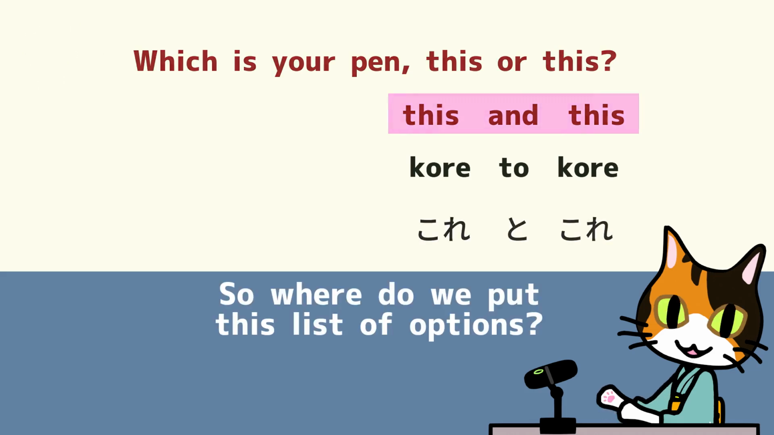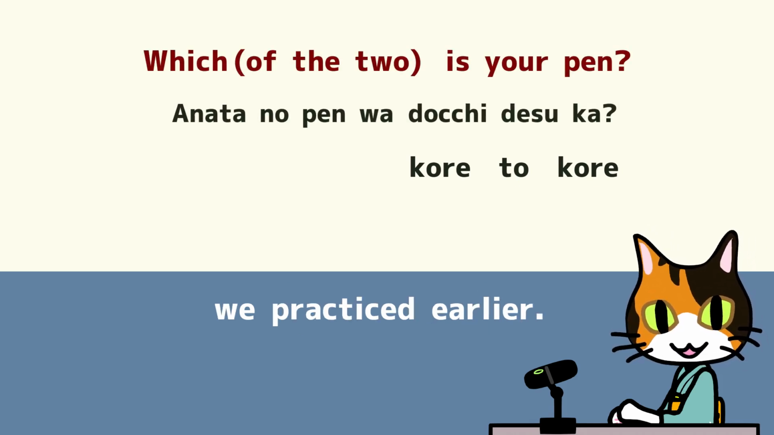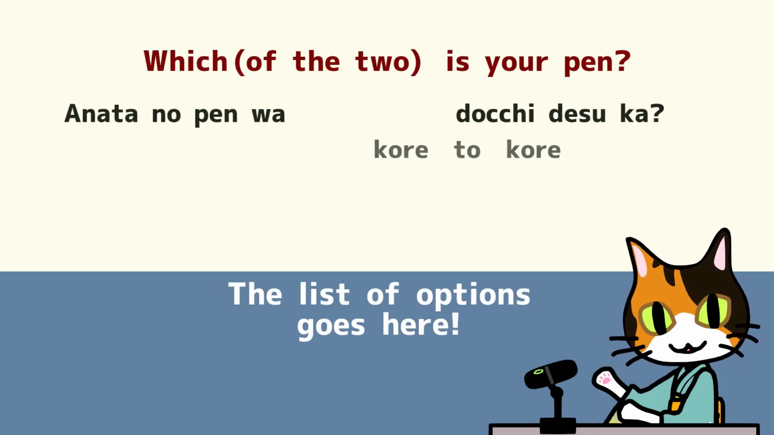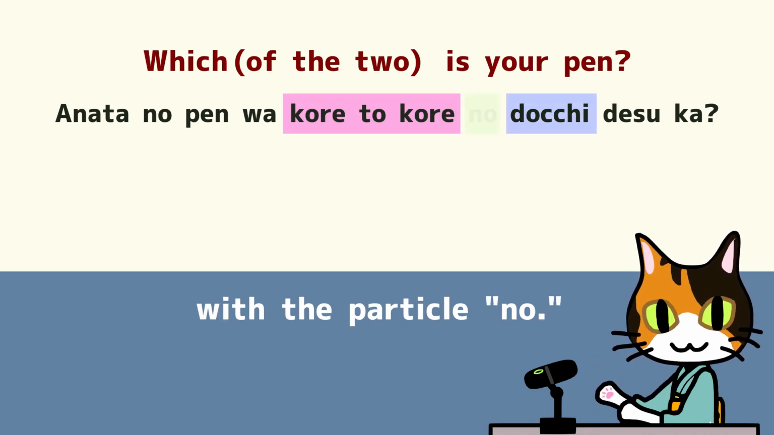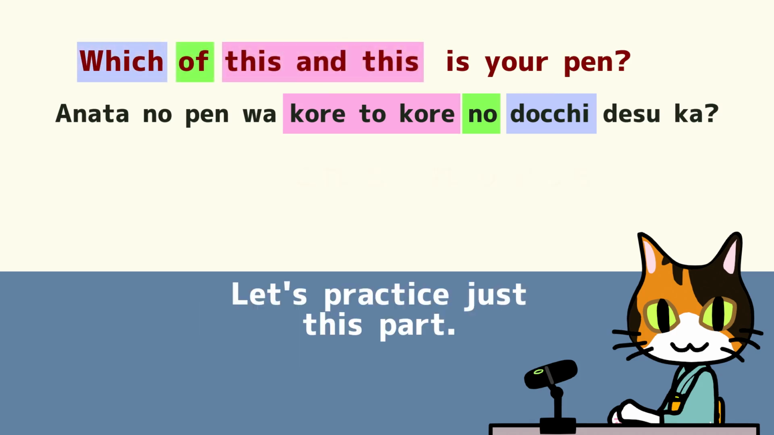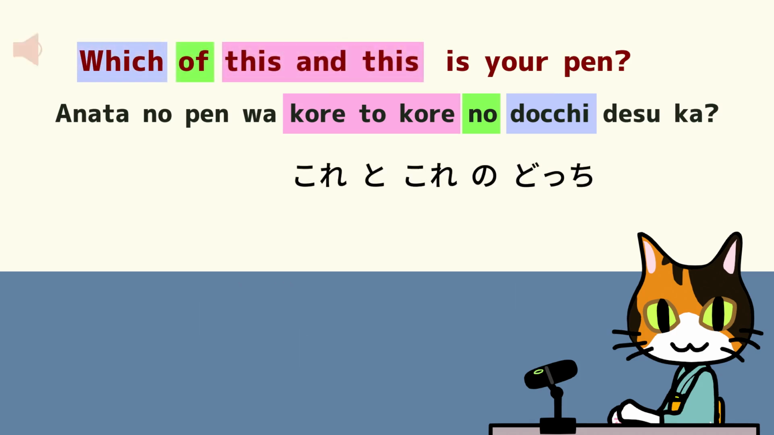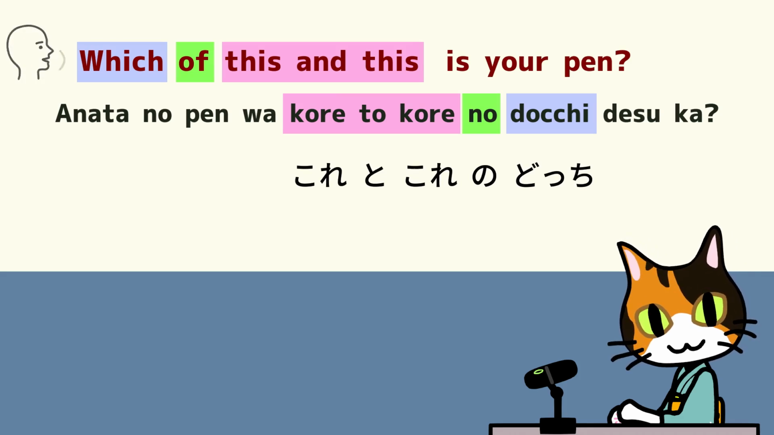So where do we put this list of options? Let's go back to the simple question we practiced earlier. The list of options goes here. It's then connected to do-cchi with the particle no. This means, "which of this and this?" Let's practice just this part. これとこれのどっち。